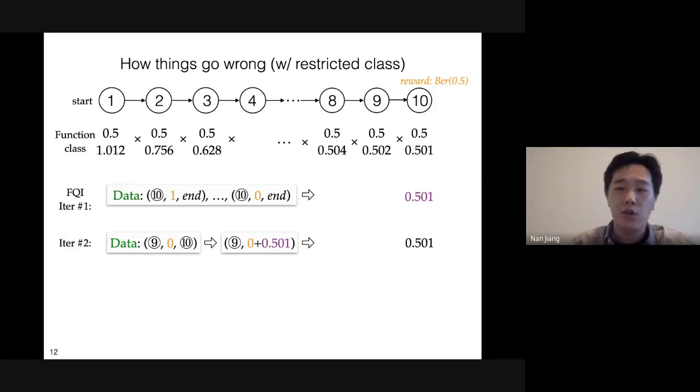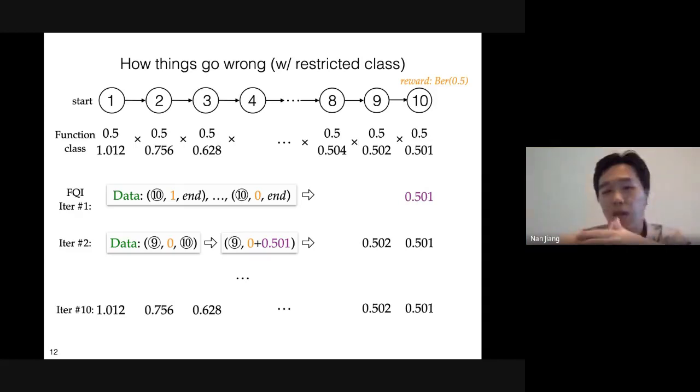And if you look at the predictions you're allowed to make in state number 9, which is either 0.5 or 0.502, they're equally distant to your slightly wrong label. So just by adversarial tie breaking, you may just randomly end up with 0.502, which is a little bit more wrong. But you can see how this is going, right? Because just by tie breaking, you can just end up with the second row as your prediction. And eventually you end up with a ridiculously large error at the initial state.